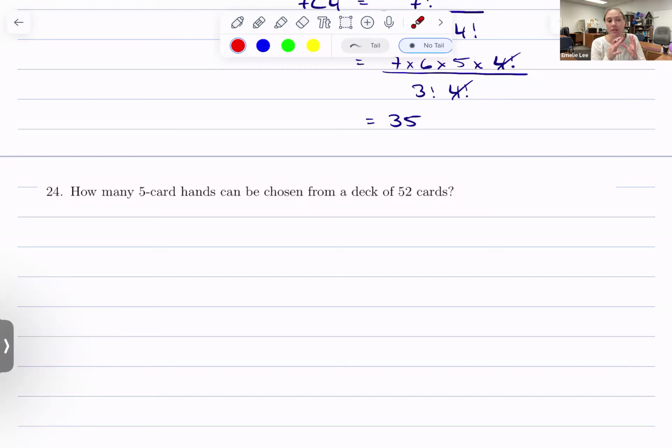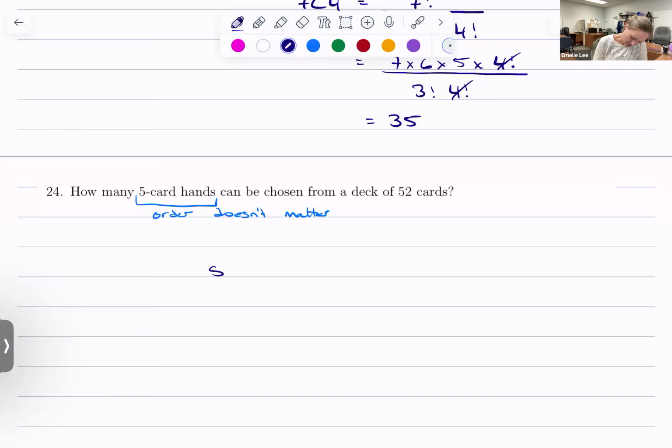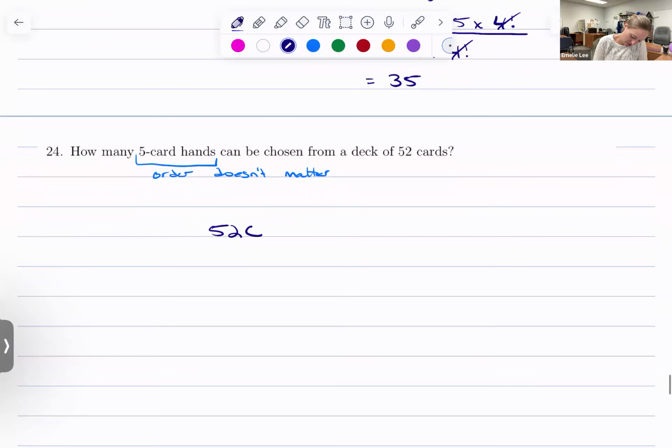And so order doesn't matter. So 5-card hands, order doesn't matter. And that's how we know that it has to be combinations, right? And so what I want to find is 52 choose 5,